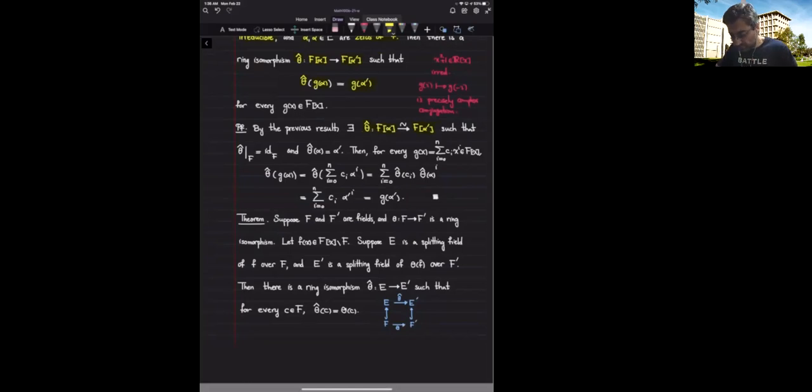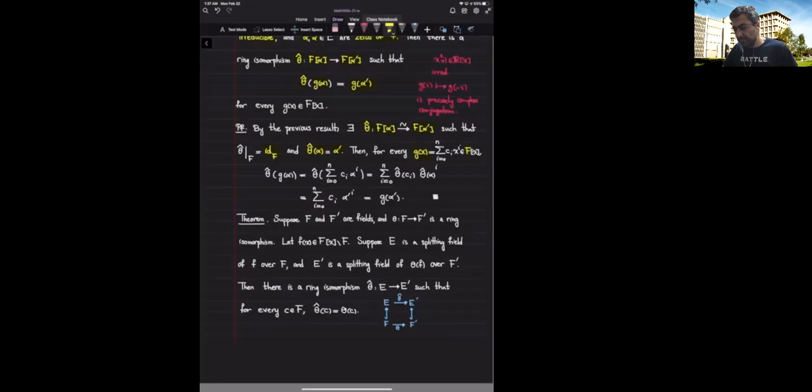That means when I restrict it to F, I get the identity function, and moreover, we know that theta hat of alpha is alpha prime,